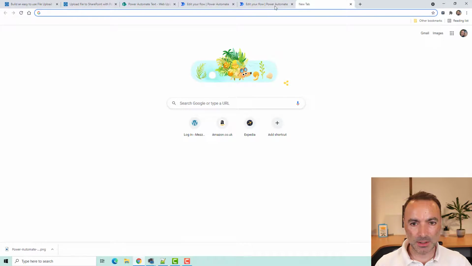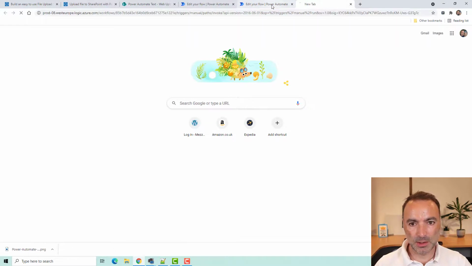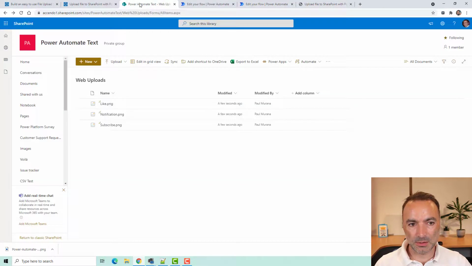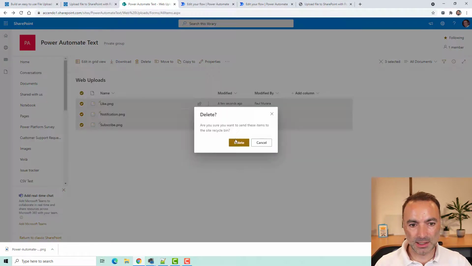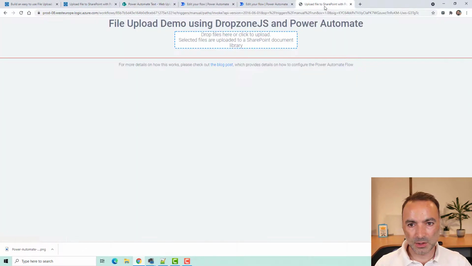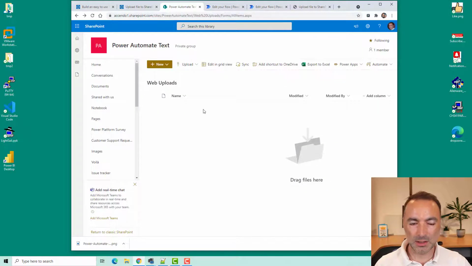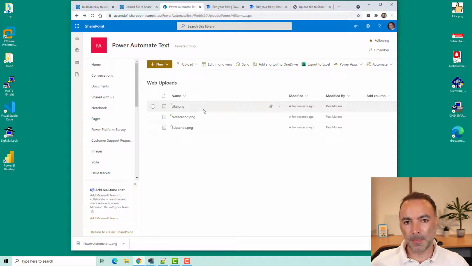we should be able to go to a new browser window, paste, and then we have got this all ready to go. So if I come here and delete these, I should be able to go back to this window if I make it a bit smaller, get those 3 images, drop them on, come over to here, and they should come on. And there they are. So that's a super quick flow to build if you just paste in the scope actions.